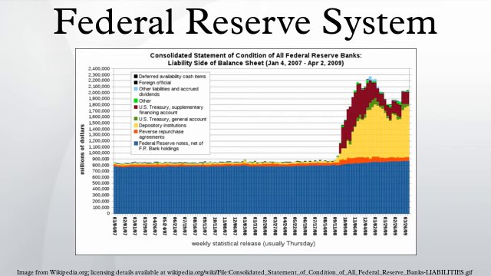Critic Miranda Fleschert contends that the 12 regional Federal Reserve banks consider themselves to be private corporations with private funding. The movement to audit the Federal Reserve System has gained national traction. A bill related to the movement was passed through the House of Representatives in 2012.